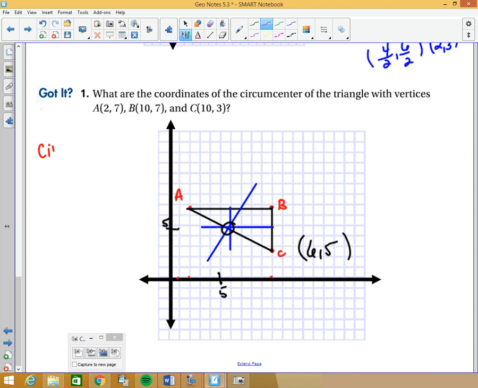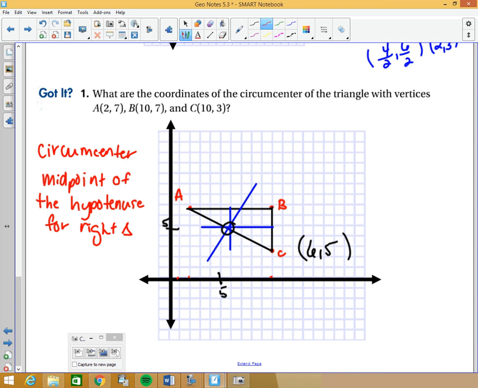So the circumcenter is going to be at the midpoint of the hypotenuse